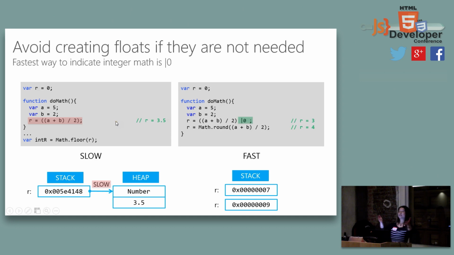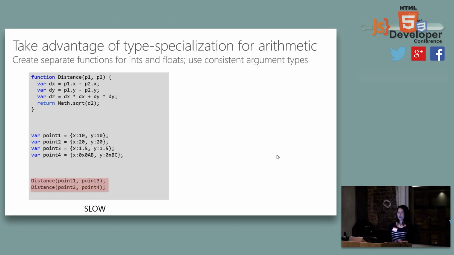I know that people just say, it's so easy, just like doing math, I'm going to do a plus b divided by 2. But you're creating a floating point here. You're manipulating floating points. Hence, everything will be slower because it has to do the manipulation allocation onto the heap. Whereas if you could make it rounded up into an integer, then everything will still keep on the stack. So it will be quite a bit faster, right? So that's actually a tip for you to think about in your app, how you want to address that.